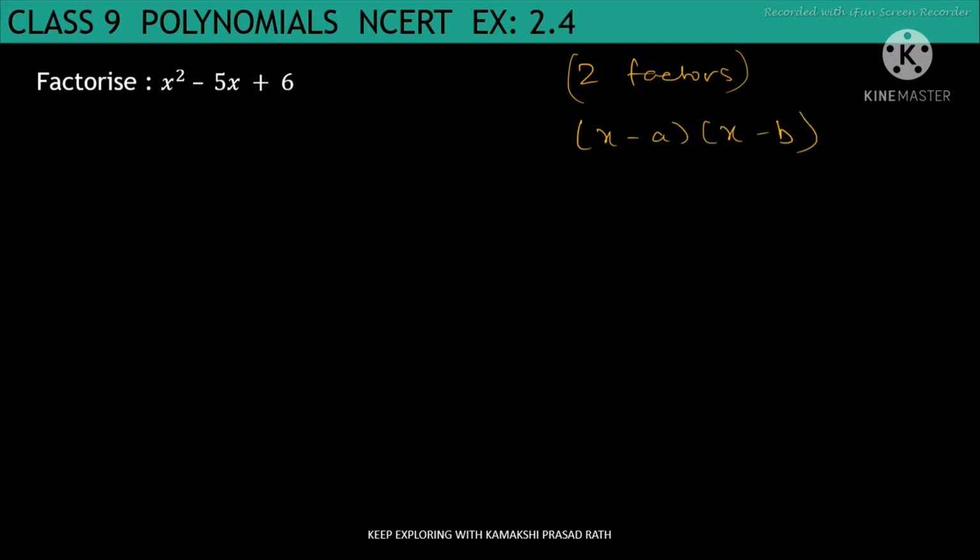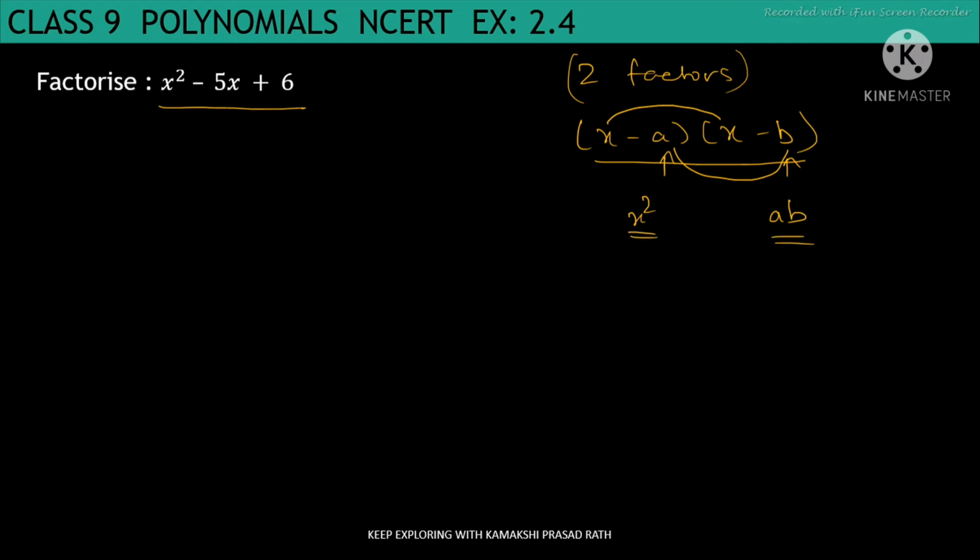For example, let us take x minus a multiplied by x minus b. So here our main aim is to find this a and b. Now how to get these values for a and b? So the answer is here in this expression. Now see here, whenever we expand x minus a and x minus b, what will be the first term we get? First term will be nothing but x multiplied by x, which is x squared, and what is the constant term? a into b, we get ab. So this is the first term and this is the last term.